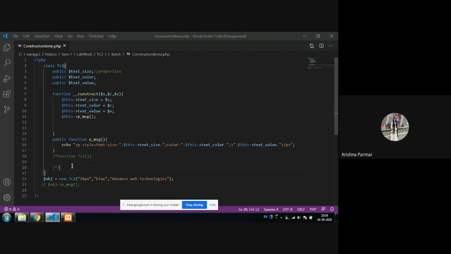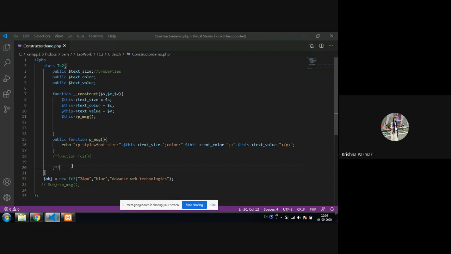So in destructor, what kind of code can you write? If you are creating the database, you open the database connection, right? Then if you are going for the file operation, file opening is also there. So whatever connections and variables you are opening, you have to close them at the end of your program. So those kind of code you can write in your destructor, like closing of your database connection, closing of your file operation.